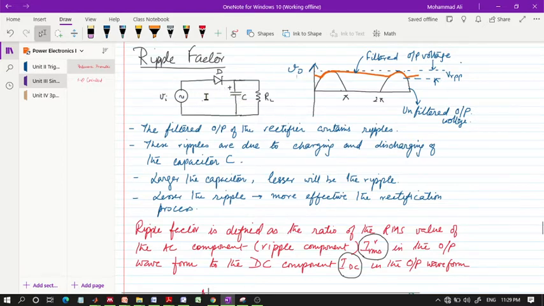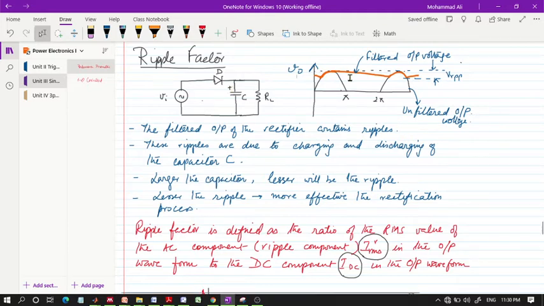So what happens is the capacitors charge and discharge. In the positive half cycle, it will charge like this, and then it will discharge like this. So this voltage will appear across the load. Now what is happening? We have reduced the ripple in the output waveform by introducing the capacitor across the load. This capacitor is filtering out the harmonics or the AC component from the circuit. It is only allowing the DC component to propagate through it.